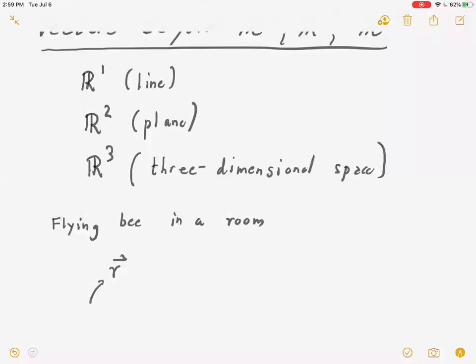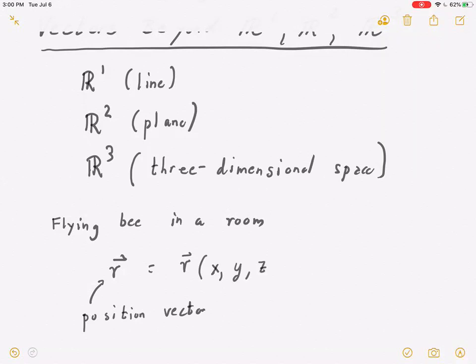Well, you can define the position of that bee with respect to some origin in the room, maybe one of the corners of the room, by a position vector, R. A position vector is like any vector, it has components. So you have an X component, you have a Y component, you have a Z component,